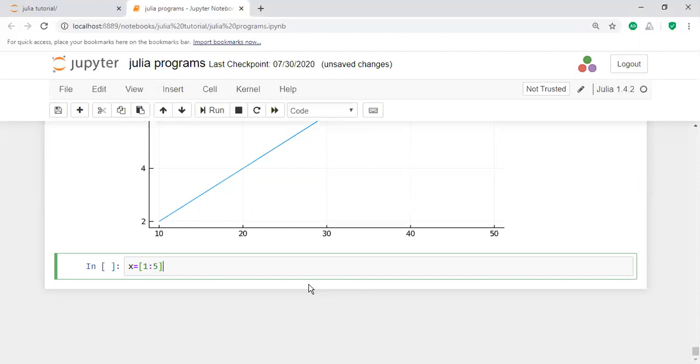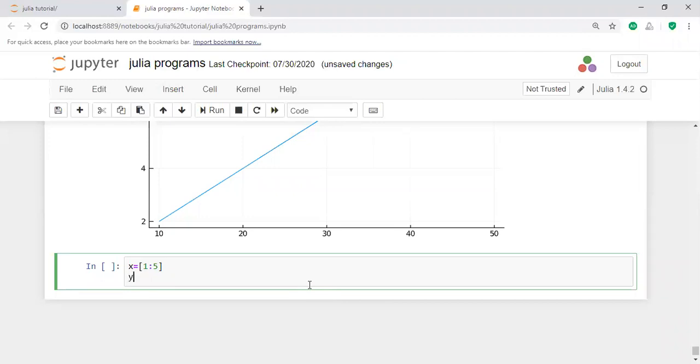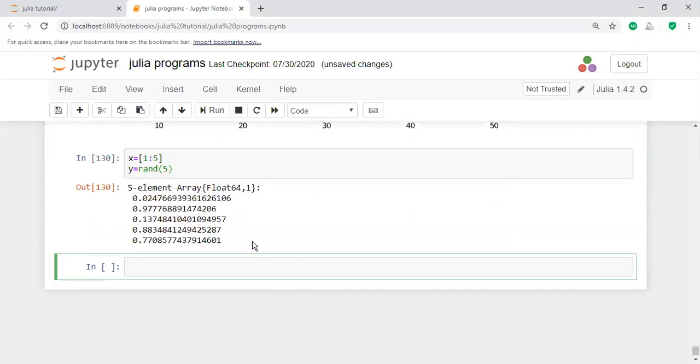How can I take the y values? I'm taking random values: y equal to rand, the random function, for example taking 5 different random values. If you execute this one, automatically you know what the x values and y values are. These are all y values.